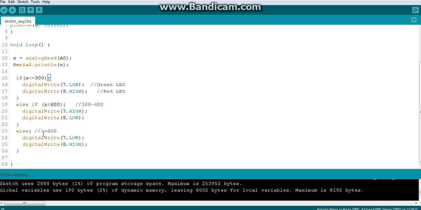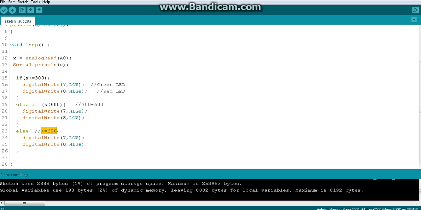Okay, so let's see. I cannot use this else here, because I am going to have an OR scenario. So what I will do is, I'm going to use an OR scenario here itself at the initial state. At the initial state I am going to say if the value is less than or equal to 300 or it is greater than or equal to 600, switch on the red. That means this thing I don't have to do, because I am going to bring that OR scenario along with this.